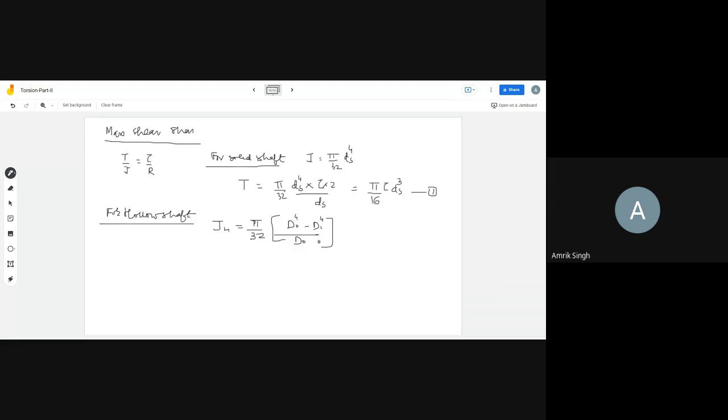So if you put this in for the hollow shaft,